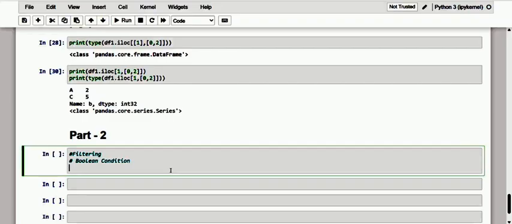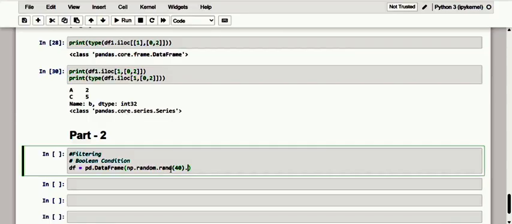First let me create a data frame, and of course we are going to create a data frame of random values between 0 and 1. So here we go, pd dot DataFrame, and here let me create it with random values, something related to 40, over 4 columns.